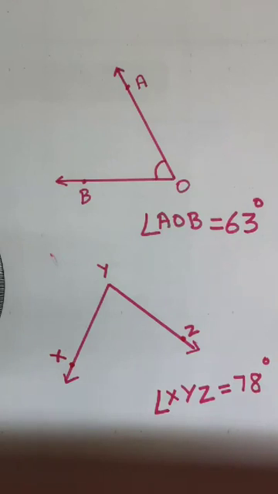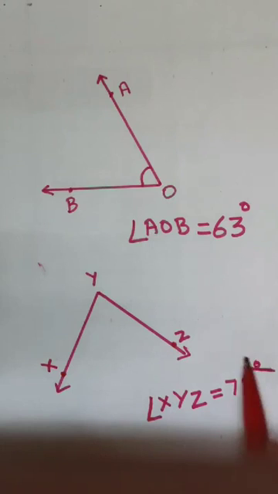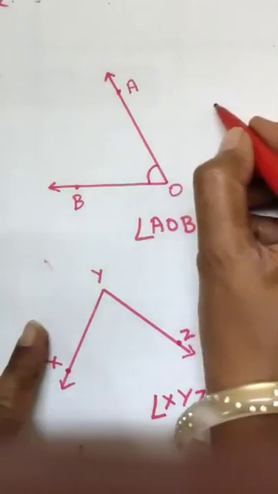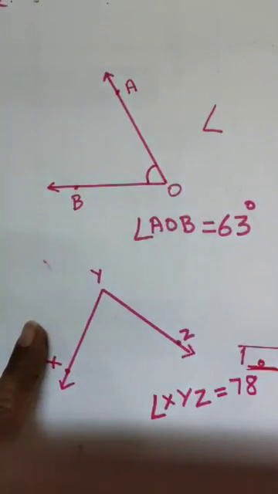See beta, 2-3 things are very important. First of all, when you are making any angle, you will make it with the help of scale and pencil only. Always write down the degree sign. This degree is very important. Don't write angle XYZ equal to 78. You will write angle XYZ equal to 78 degree. And making this angle sign is also very important. This angle sign, like this. Angle A, angle B. This is also very important.